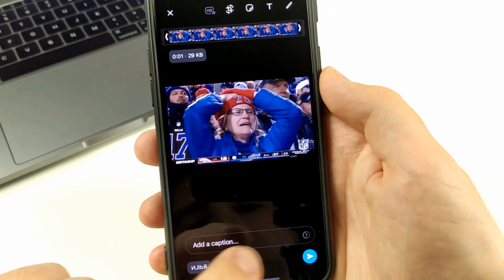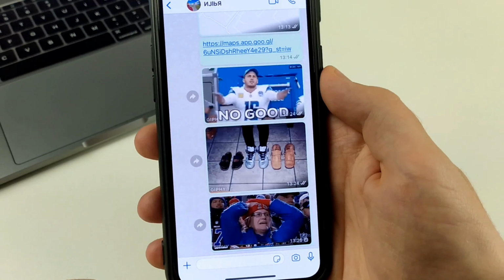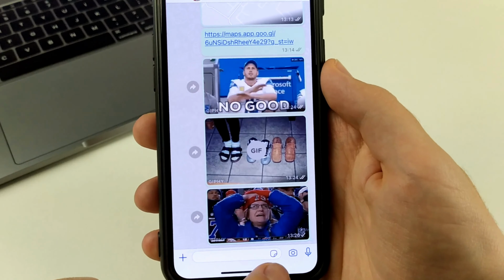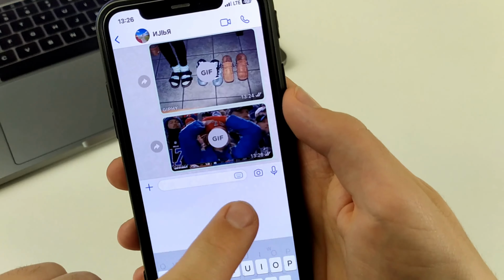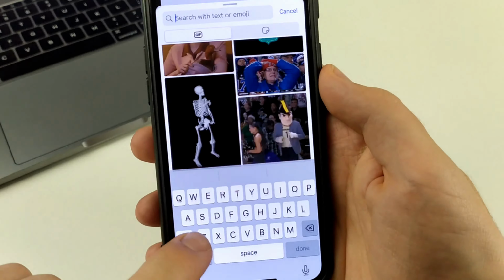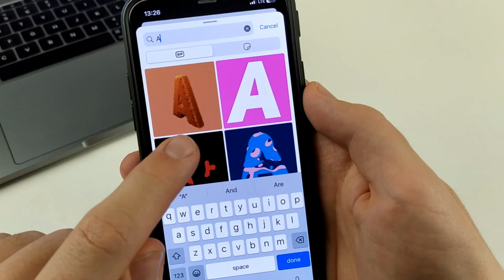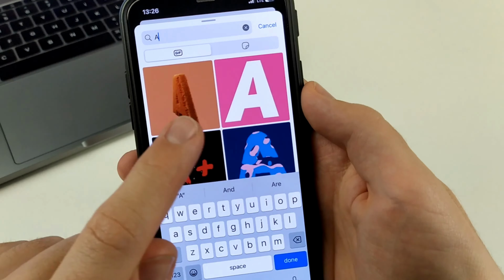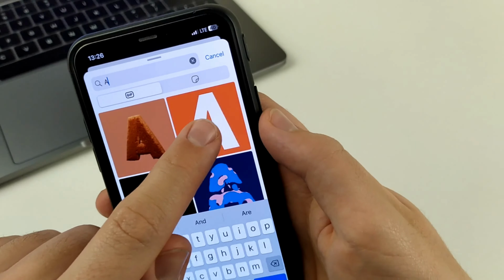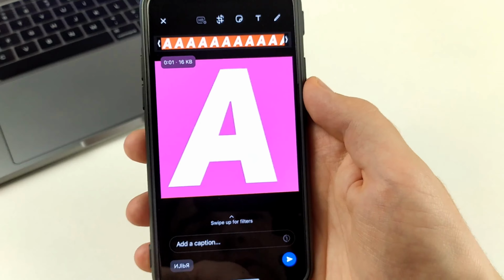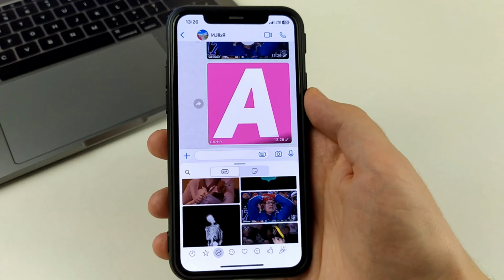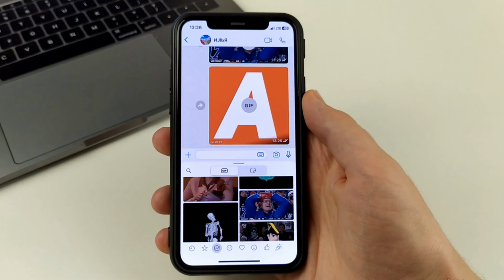The GIF is sent. Now we can click here again and select GIF and use the search box. And then we can search for any letter. And we'll find the GIFs that we're looking for. We can click send and select, and we had it sent. This is how easy it is to send absolutely any GIF in WhatsApp on your iOS devices, namely on the